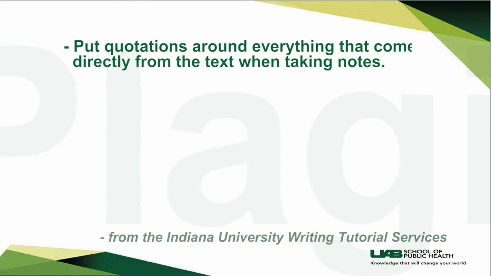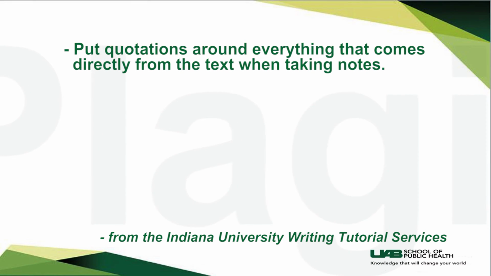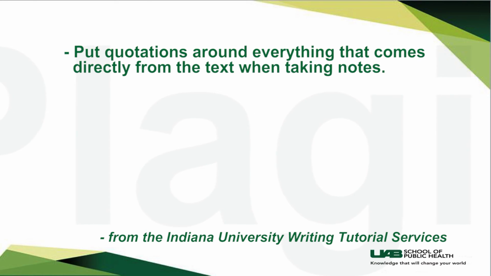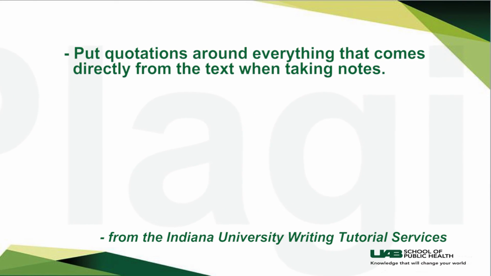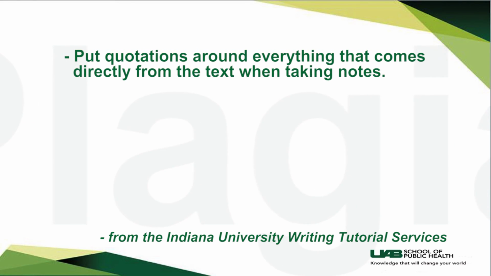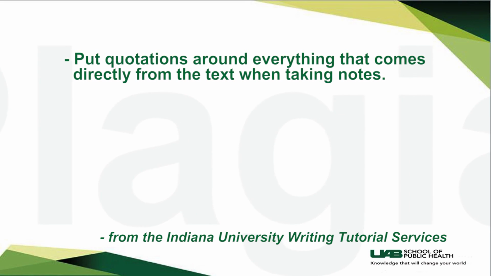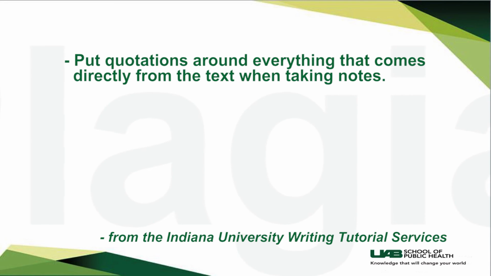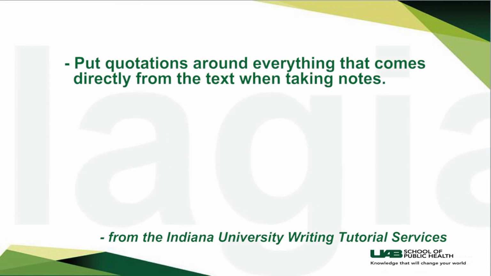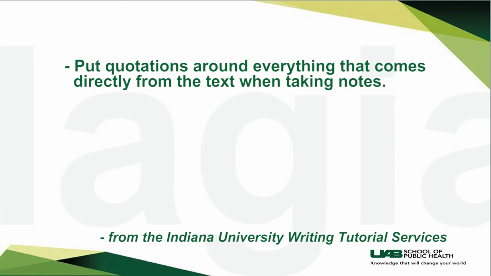The first one is to put quotations around everything that comes directly from a text when taking notes. So as I said, you generally don't want to be using quotes. You want to put things in your own words. But often what happens is that students will write something down and then come back to it later and won't remember whether they paraphrased it as they were writing it or whether they wrote it as a direct quote. And so they may then include it in their assignment and forget to put quote marks around it, and it ends up being plagiarism. So make sure that you put quotes on anything that's a direct quote right when you write it down